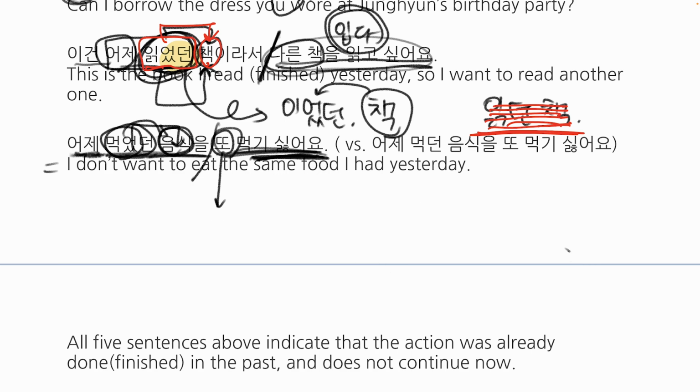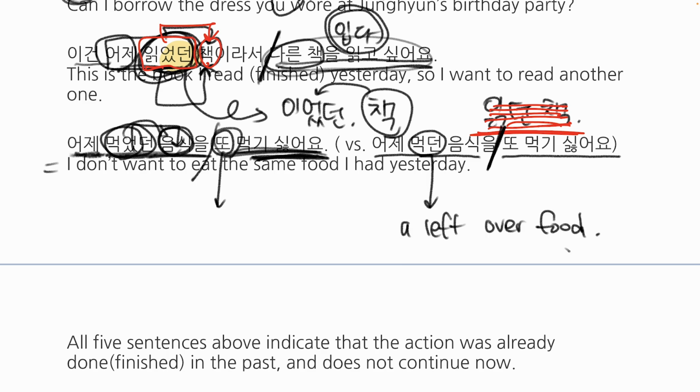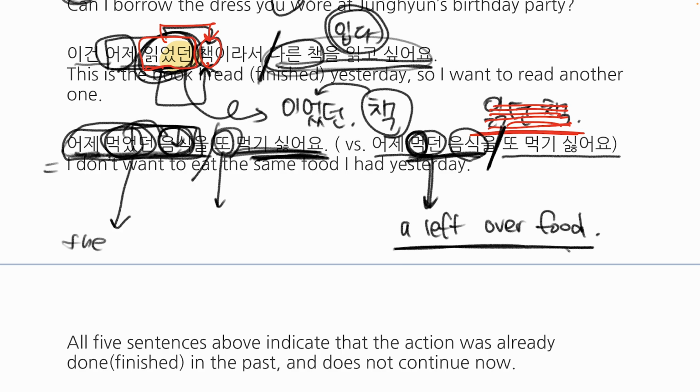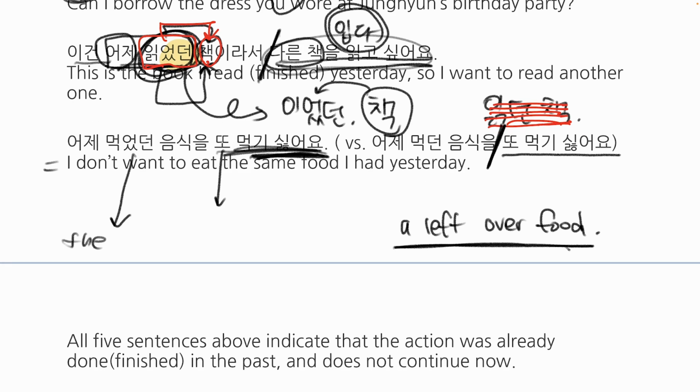But if you say 어제 먹던 음식을 또 먹기 싫어요, this would mean a leftover food. 음식 that you haven't finished. So 먹던 음식 most likely means a leftover food, whereas 먹었던 음식 is the food that you finished eating. So it cannot mean a leftover food. So you can clearly tell the difference between 았었던 and just 던 when they are interchangeable and when they're not,